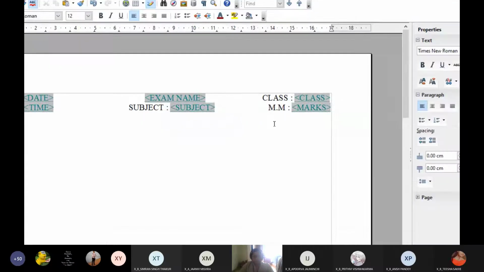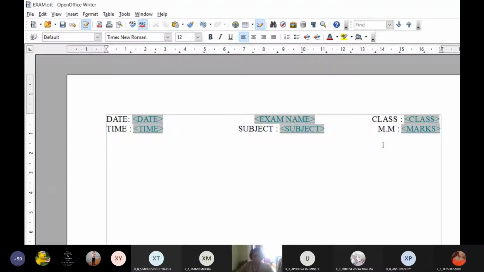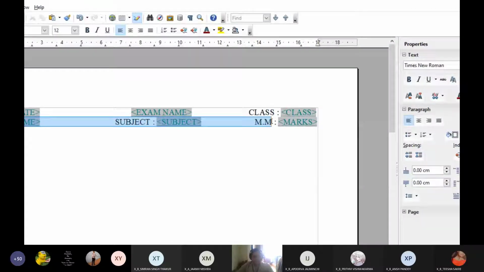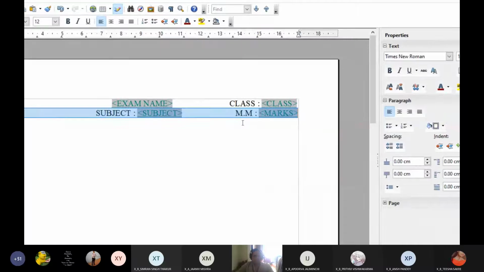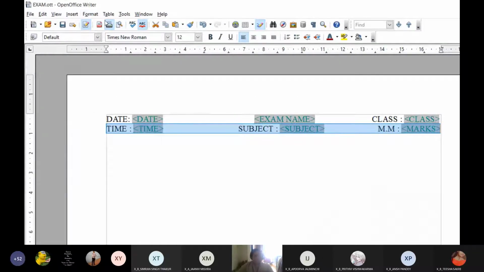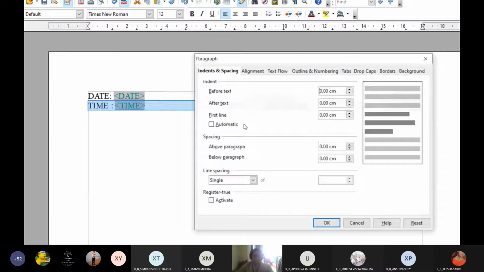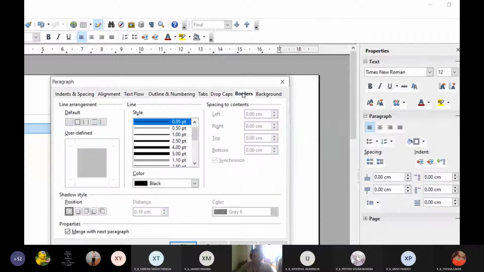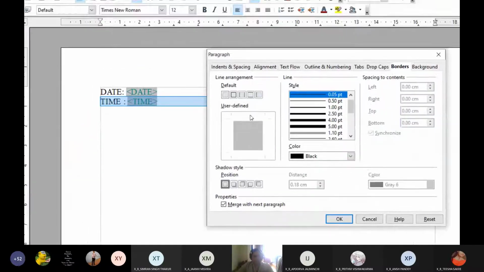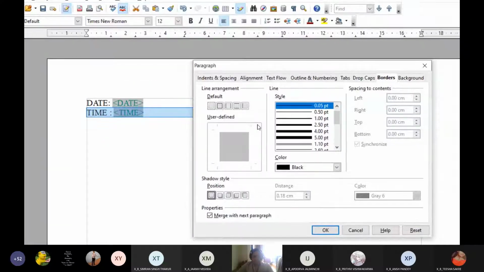Now I'm going to just press Enter to get some other paragraphs. Select this line, and I want a bottom border over here. So how to get a bottom border? For that I'll go to Format, Paragraph, and here I will select the Borders option, and I get this user defined border preview.